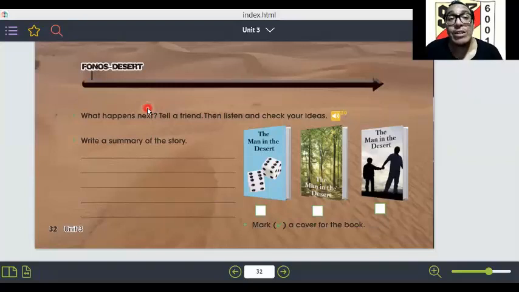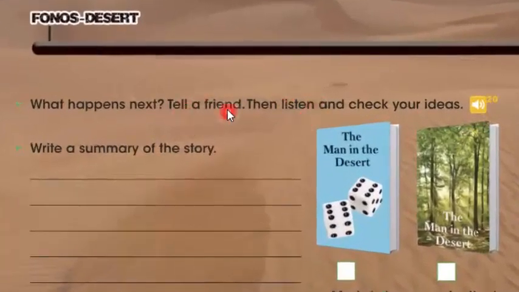Right? So what is the rest of the story? And we have got here a summary that you have to do in that display. Right? ¿Qué sucede después de esa historia? ¿No? ¿Qué pasa? Entonces aquí dice que vamos a escuchar, ¿ya? Y te vas a imaginar cuál sería el final de esa historia, the Phonos, right? So, when you finish here, okay, cuando termines de escuchar, tienes una tarea. Aquí dice que vas a escribir el resumen de la historia según lo que has leído y lo que has